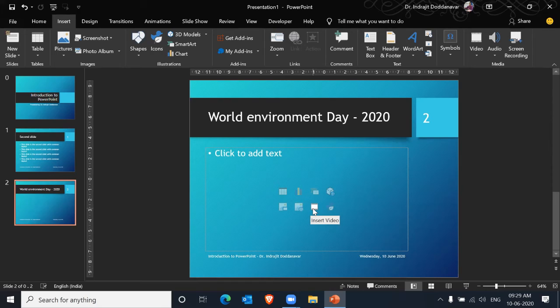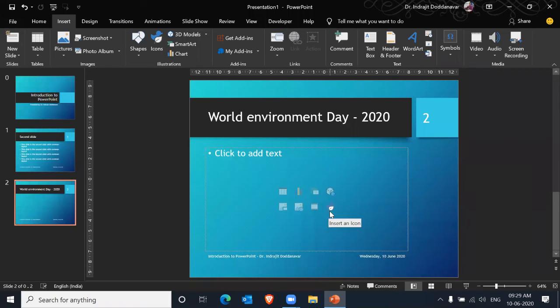But in 2019 there are two new things which have come up. 3D models is one, wherein from the internet you will be able to download 3D models, and then you can animate them in PowerPoint, and whenever you are presenting, it will look like a movie. The 3D models can rotate 360 degrees and all that.